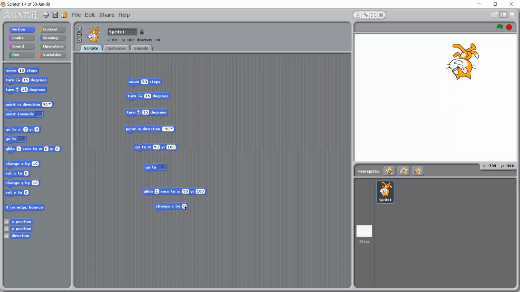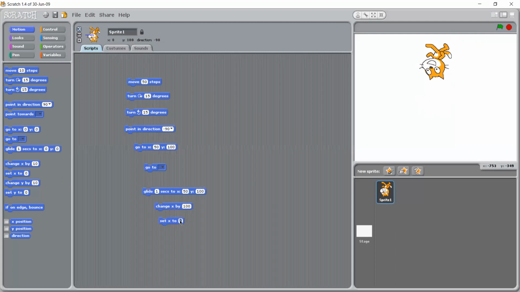If I click here one more time, with 100, now you see the changes. It was on 10, now the value of the x-axis is 100, it reached there. Now next one is set x to 0. X-axis I changed here to 0. So again it reached where x is 0.